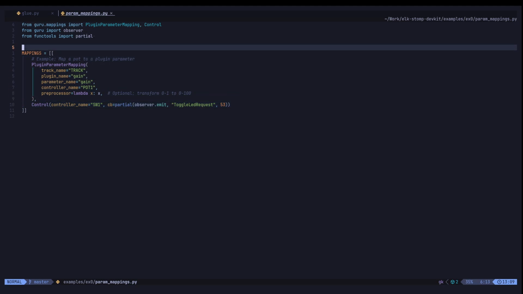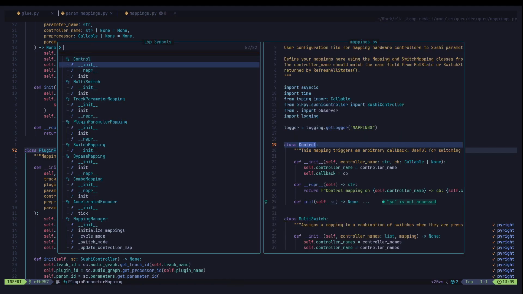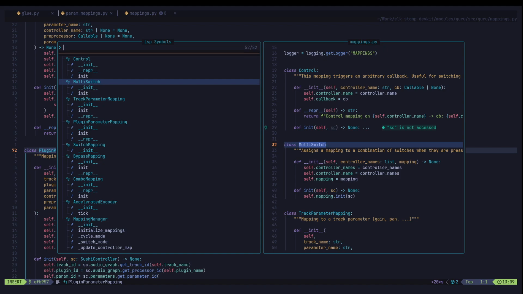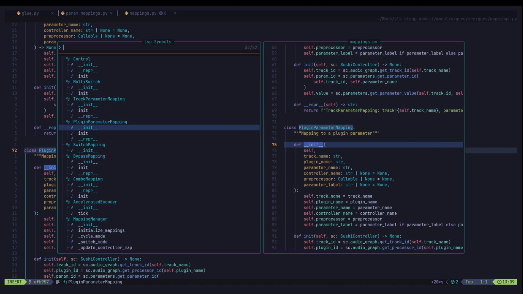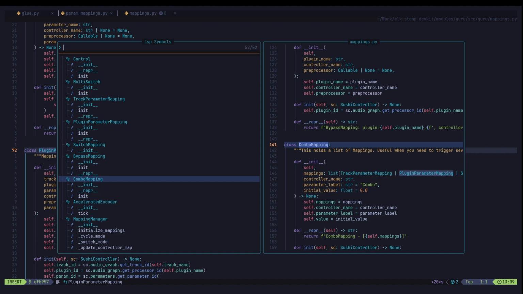The library comes with many other types of mappings. You can think of multi-switches, which allow combinations of controllers to be mapped to a parameter. Let's say you want something happening when a user presses both foot switches at the same time. There are also things like combo mappings, when you want one controller to actually send multiple commands to Sushi. Let's say you want one control to control the wet and dry mix of a reverb, for instance. You can combine them into these. There are many more. But for now,